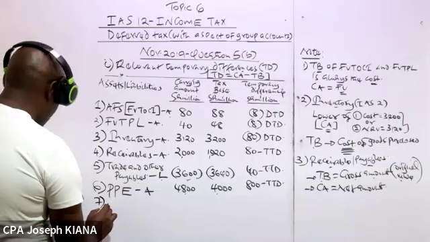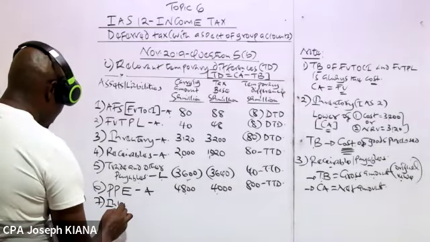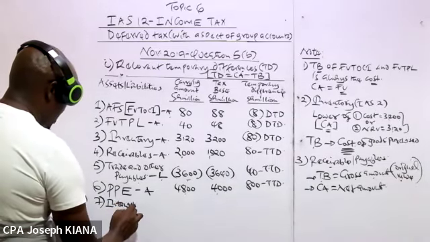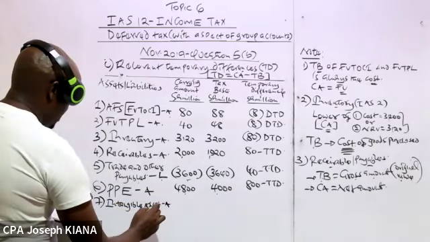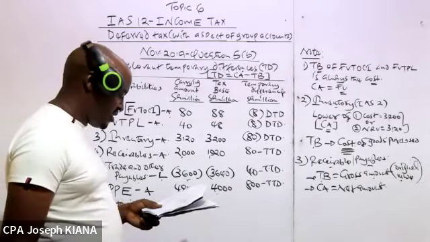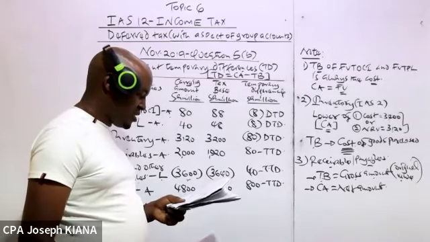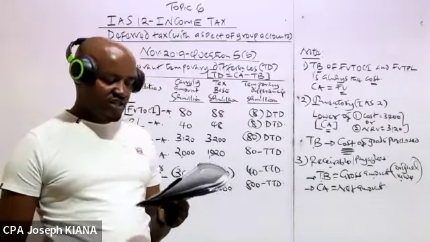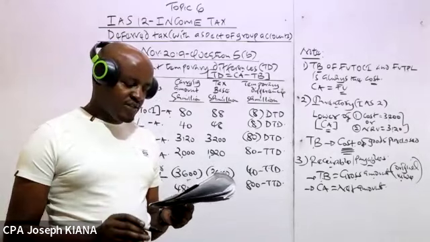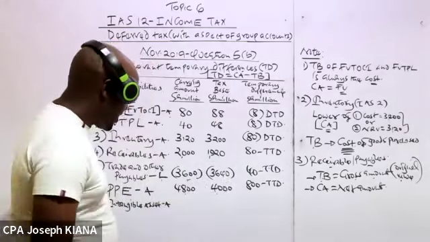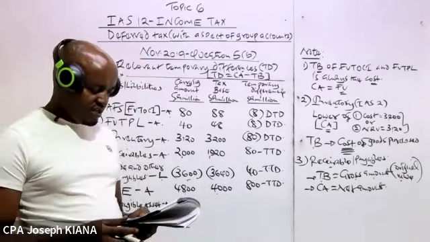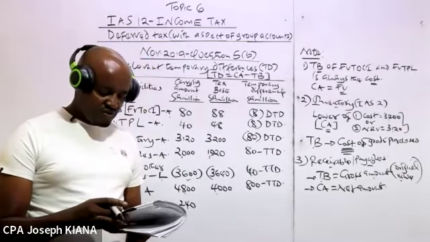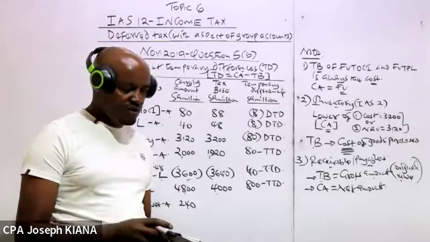We have intangible assets. This is basically an item of assets. You're told intangible assets consisting of trade licenses being amortized over a period of 5 years had a carrying amount of 240. So the carrying amount is already given, 240, and then you're told this was allowed for tax purpose in full